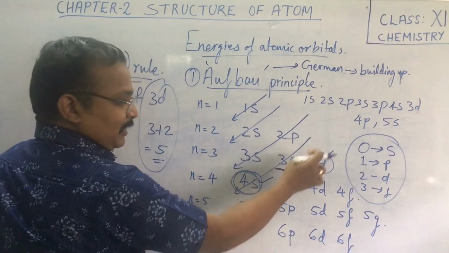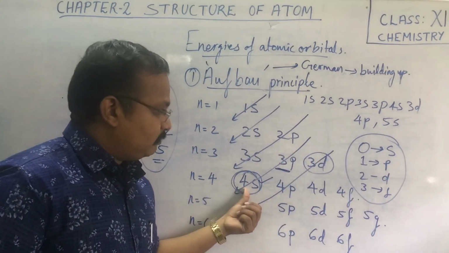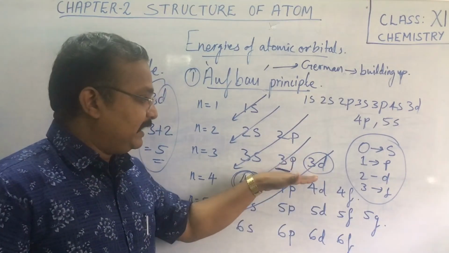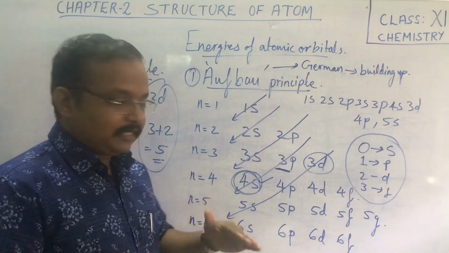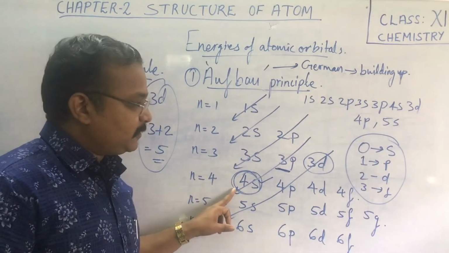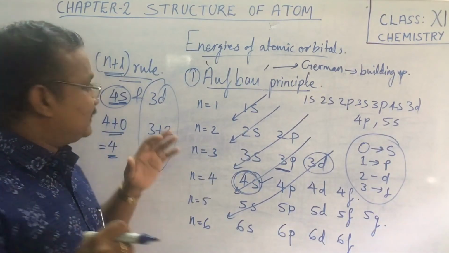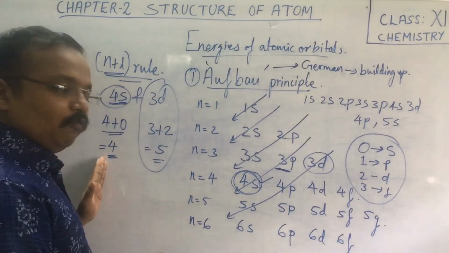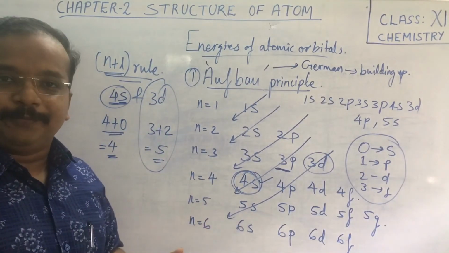Now, the Aufbau principle's line also represents that we will be filling 4s first before 3d. Even though 3d comes in the third energy level, where n is equal to 3, you have to fill 4s first before 3d because of the Bohr-Bury rule, that is, the orbital having the lower n plus l value will be filled first, then we will be filling the higher value. Got it?